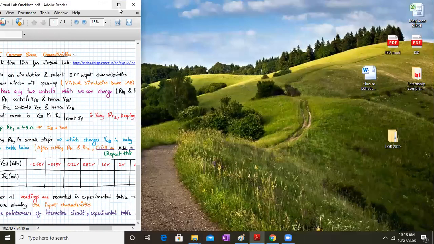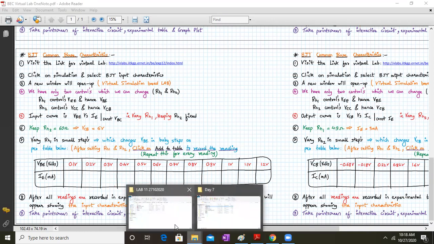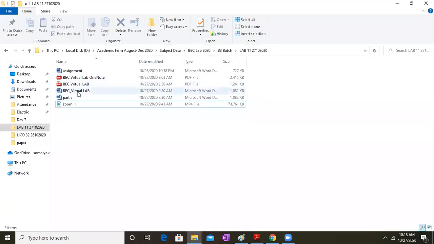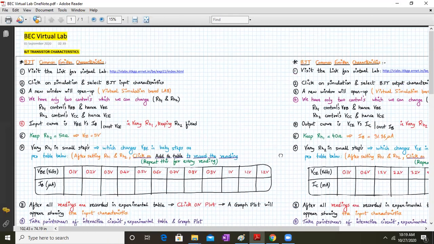Now we have completed all the 4 parts. So you will be allotted a Google document. Let me open the sample document which I can show to you. You will all be allotted a Google document uniquely, and you have to keep attaching your print screens to it. There are 4 plots, so 1 circuit diagram and 1 plot for each of the 4 cases. So a total of 8 print screens will be there in your case.